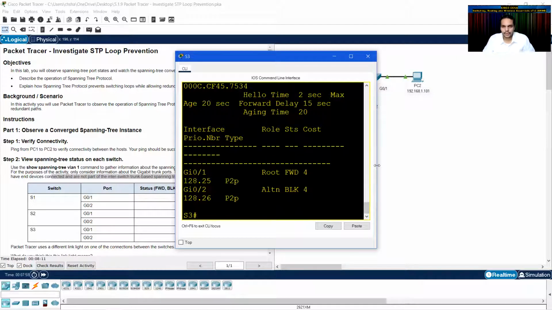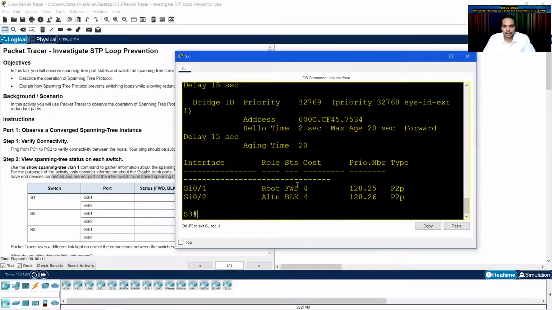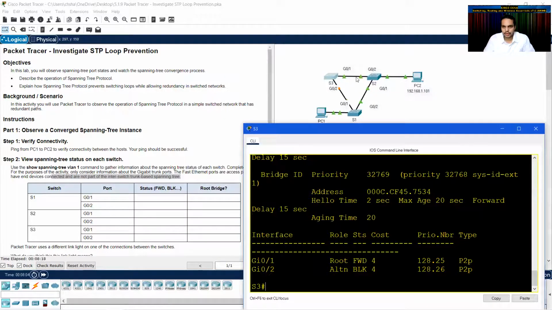Once again, if you observe here on S3, the G0/1 port is the root port, which leads to the root bridge S2, and the G0/2 port has the alternate role, and it is currently in the blocking mode. That means no frames are being sent out or received on the G0/2 port of S3. That is what is written down here.